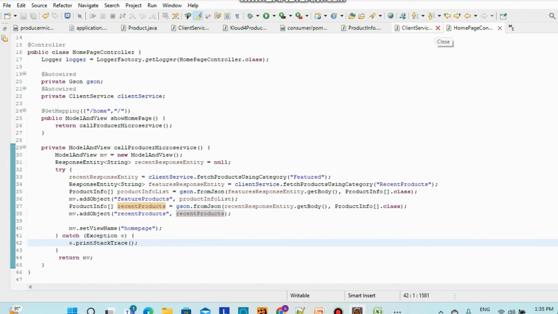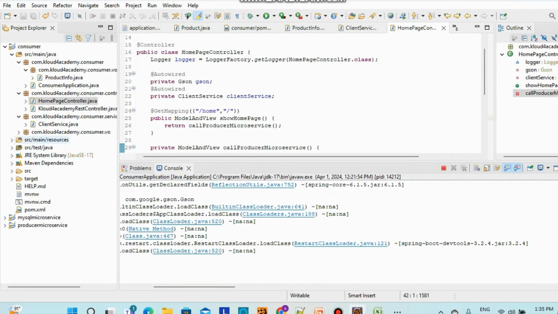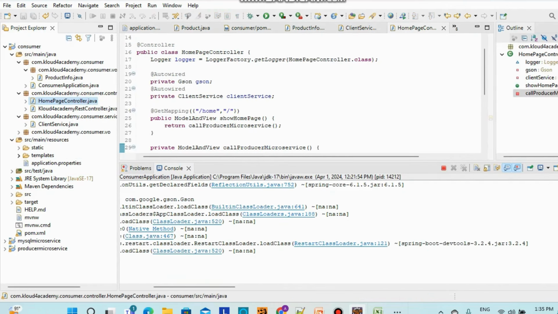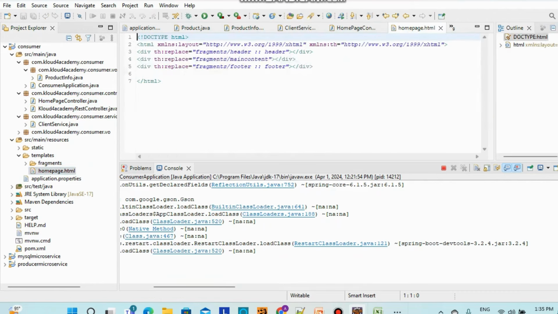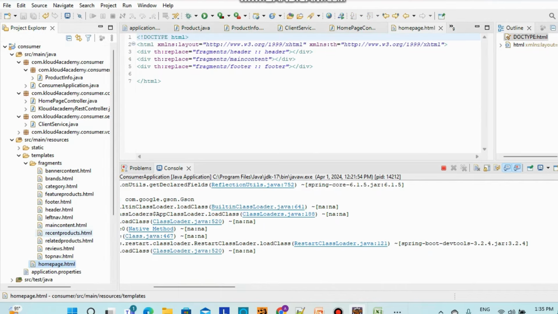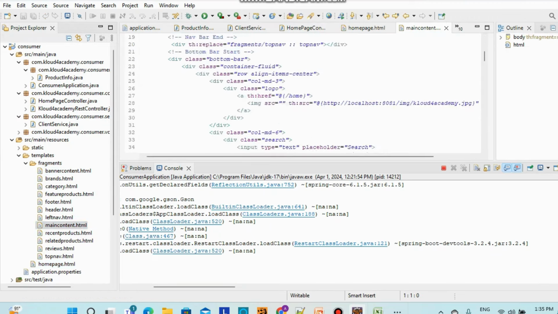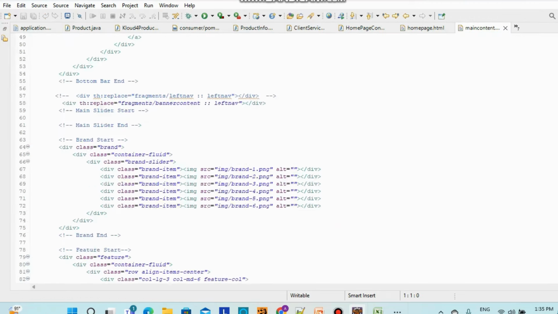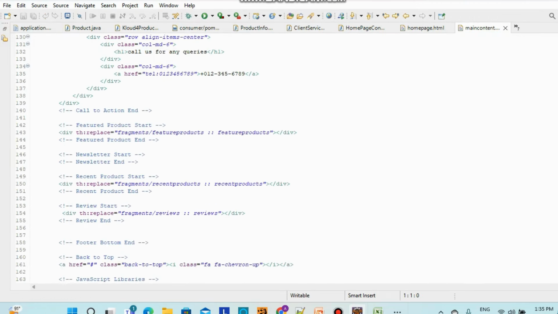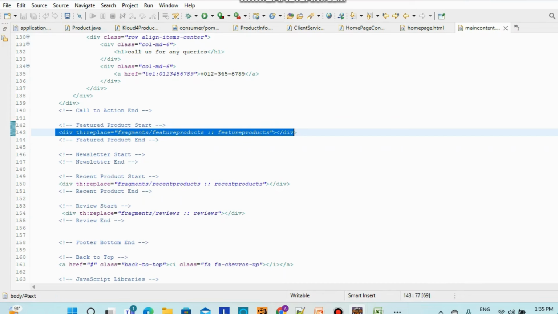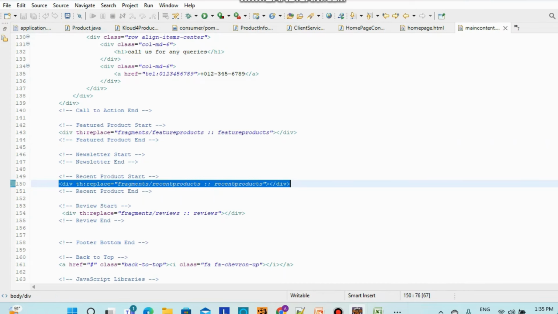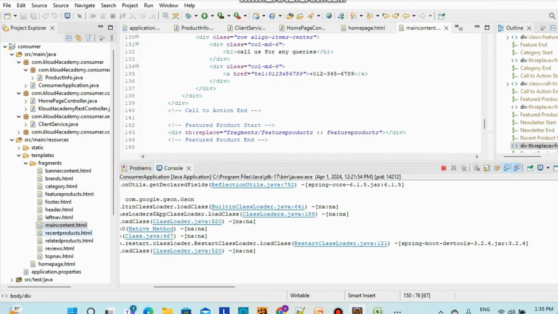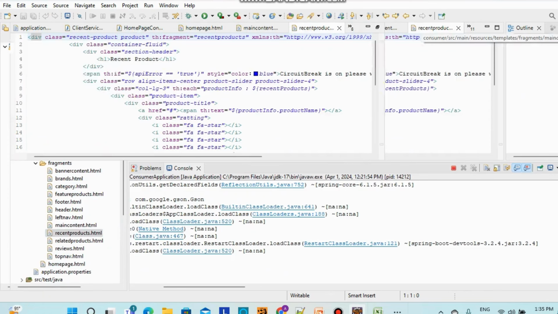And if you go to HTML templates, where are the HTML templates? Here are the HTML templates. If you see home page templates, as I mentioned in the previous section, only 3 main content. You can go to main content fragment, where we are using recent products and feature product, both pages we include as a fragment. Now we go to product, recent product. Let's say we are going to recent product. This recent product fragment,